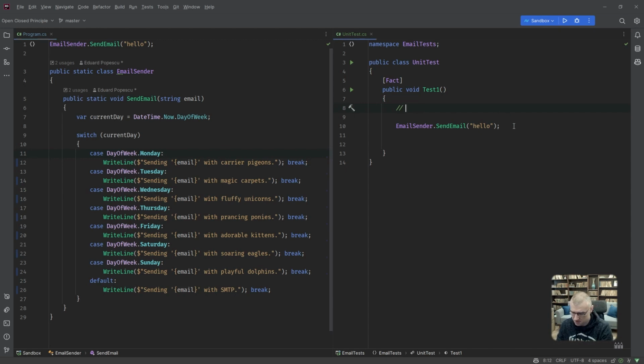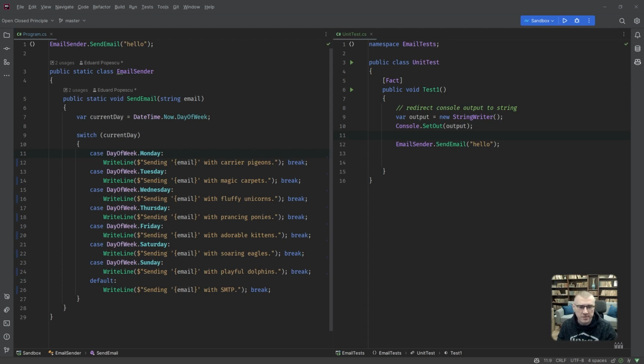Let's ask Copilot: redirect console output to string. Really? Is that all you can do? Okay. Sounds about right. Okay, I've got some code over here, obviously from Stack Overflow.